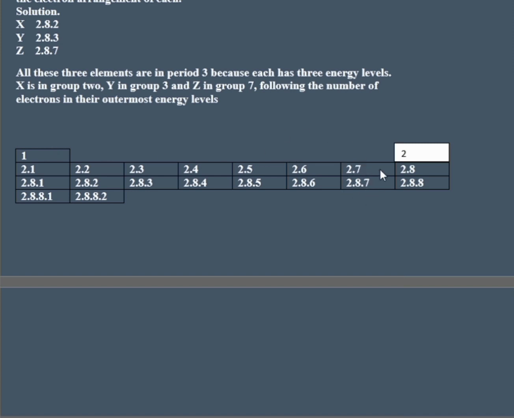When you look at those elements in group 7, they only require 1 electron for the outermost energy level to reach the maximum. That's why you are saying that also hydrogen